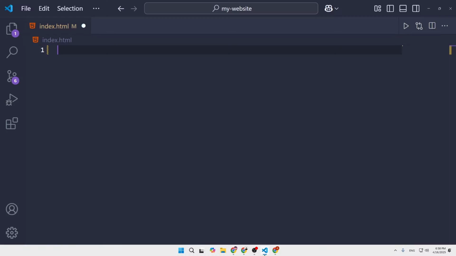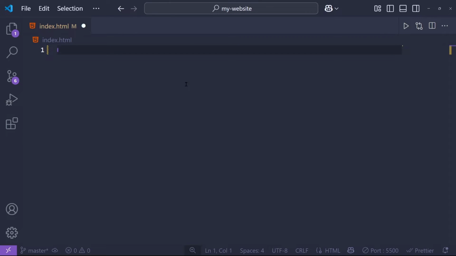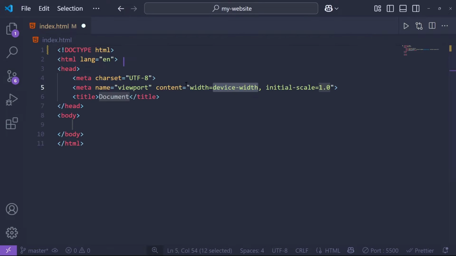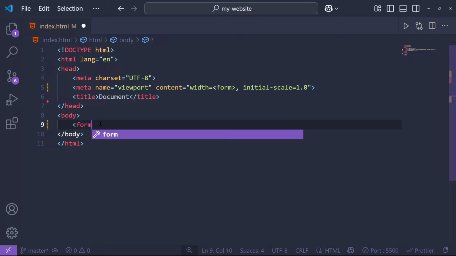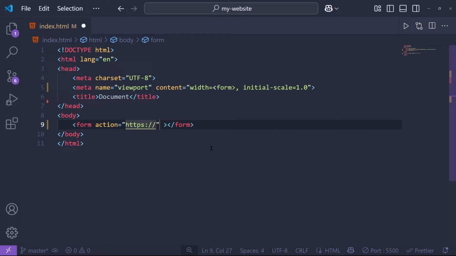So before that, we need to open our Visual Studio Code, and here we need to type the HTML structure, and then type into this body section. We're going to type the form tag over here, and as you can see, here is the opening and closing tag. So we will put the cursor inside the opening tag, and into the form we can type action. Into the action we can type https://formsubmit.co/